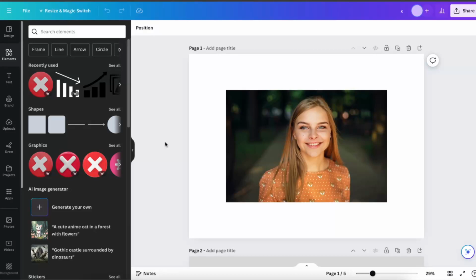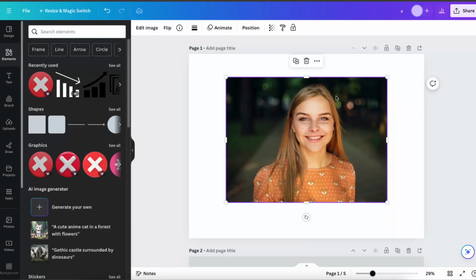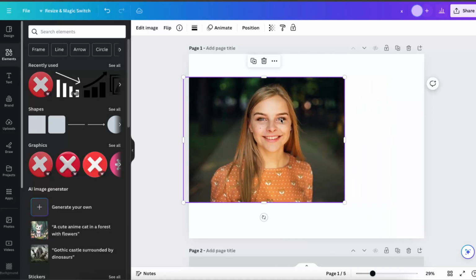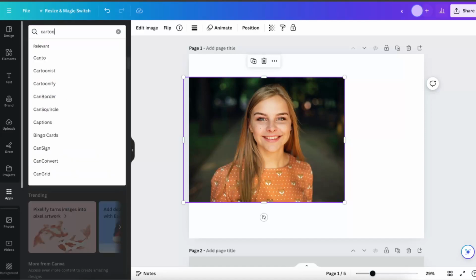Hello guys, in today's video I'm going to show you how to create a cartoon from a photo. For example, I just chose this photo as an example and I want to make it into a cartoon. So Canva has this option, and when you click on apps right there and you search for cartoon, for example,